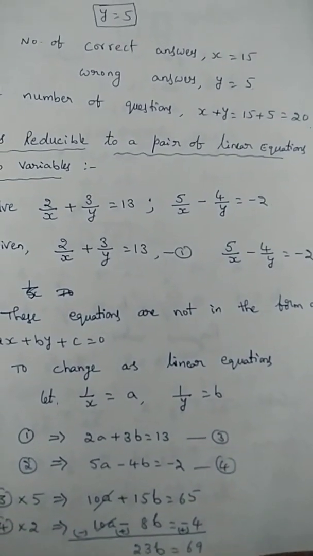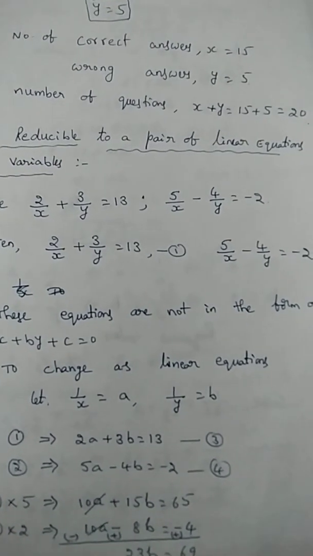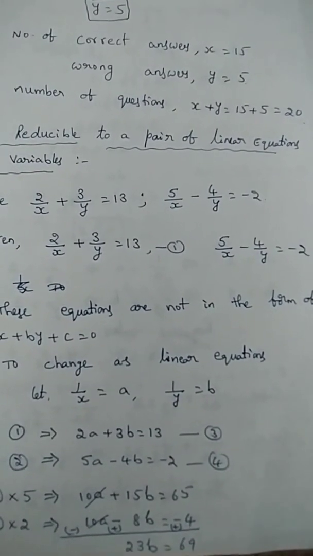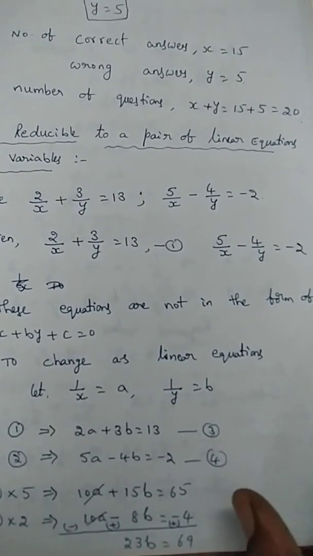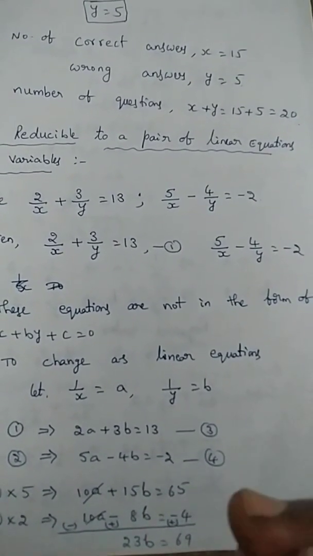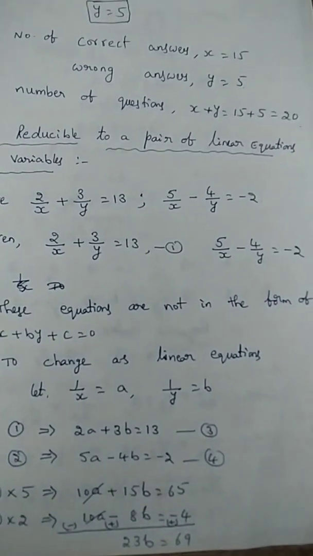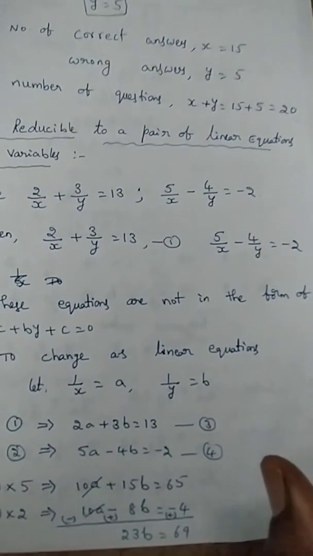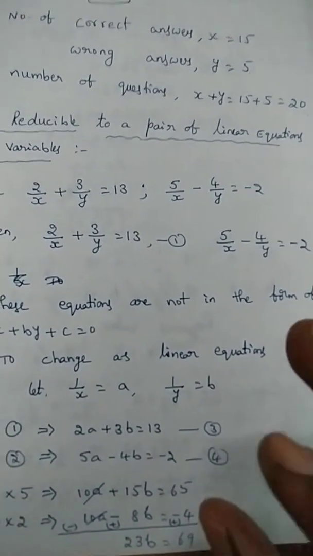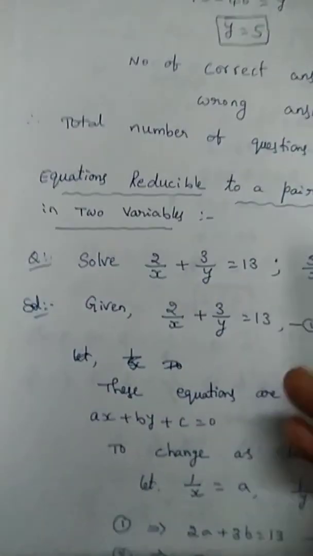Okay, first we observe the given two equations. If those are in the general form of a pair of linear equations, then automatically to solve it we can use any method, the graphical representation method or the algebraic method. If those are not in the form of a pair of linear equations, then first we make it a pair of linear equations. Then we can follow some conditions to change it into a pair of linear equations. Okay, now we solve some problems based on the conditions.